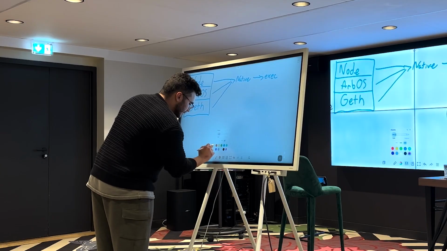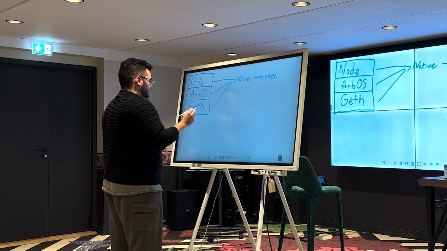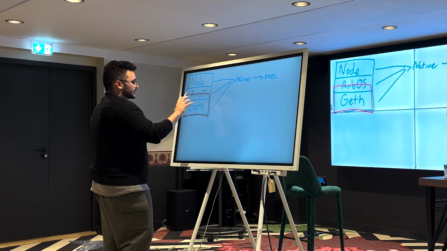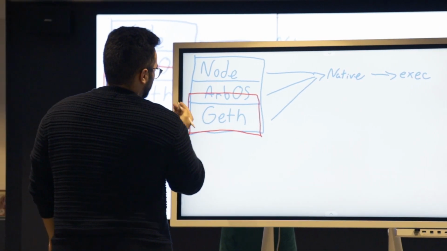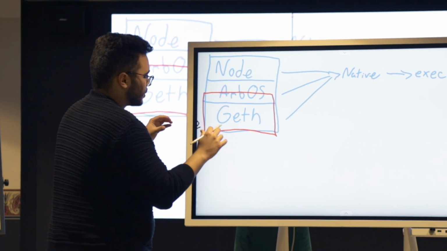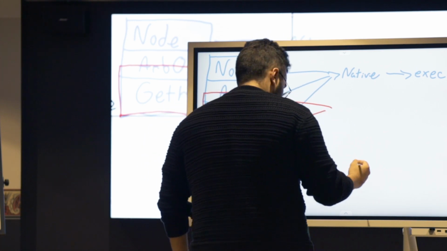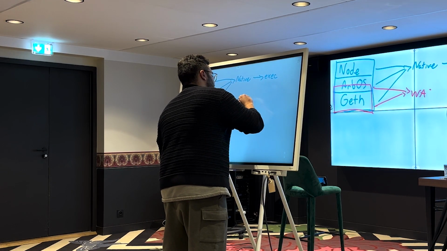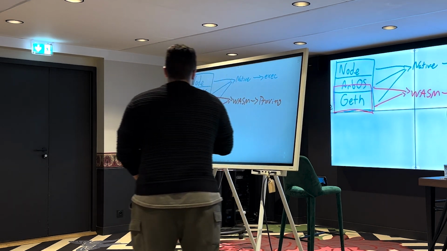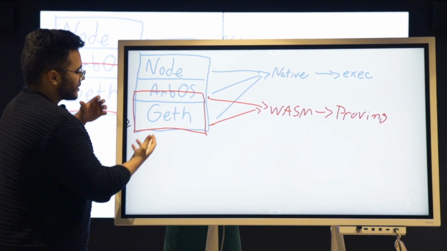And with the same stack, you actually also do the proving, but it's separate from native. So you take geth, and notice how I drew this ugly red square that cuts RBOS in half. That's because the Nitro software doesn't take all of RBOS, but it uses some very small components of RBOS and takes geth, which is just a dependency, and compiles these both into WASM, which is what you use for proving, right? Now, another thing, this is what is famously known in the docs as the geth sandwich, even though geth is not in the middle, but